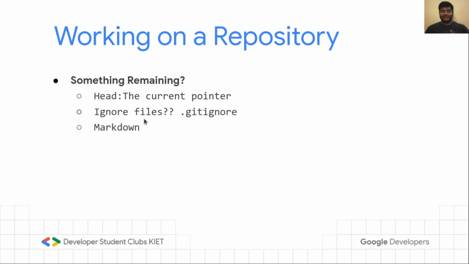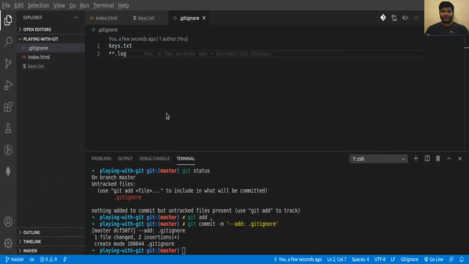Markdown is, you can say, the language of Git or the language of the web also, because it is a lightweight format or syntax for formatting text on the web. It provides all the features. You can format your text any way you want. You can add images, links, tables. All these things can be done using Markdown. You must notice that every Git repository has a README file, that is readme.md, and it has all the documentation related to the project. So we are also going to create a readme file. We'll go to our VS Code terminal and create a new file called readme.md.